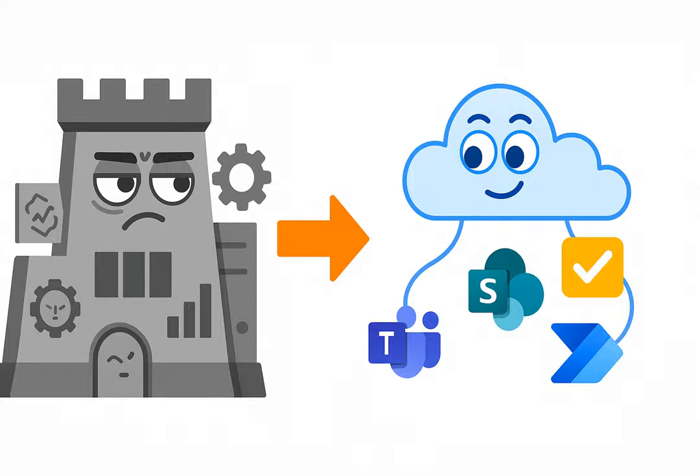Building the better way. All right, theory time is over. Let's build something properly this time. No Dataverse, no security matrix, no environment provisioning, just a functional solution that humans can understand and maintain. This is the Fusion team method in action. Structure, automate, and surface where people already work.